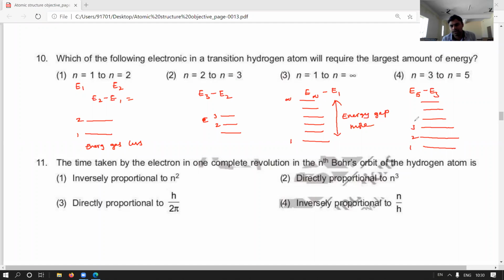One, two, three, four, five. Five to three means in between, the energy gap, one energy level is present. So one energy level is present in between. So compare that all, the energy gap increases. So here the shortcut is